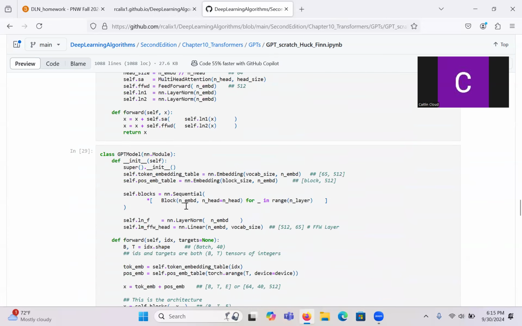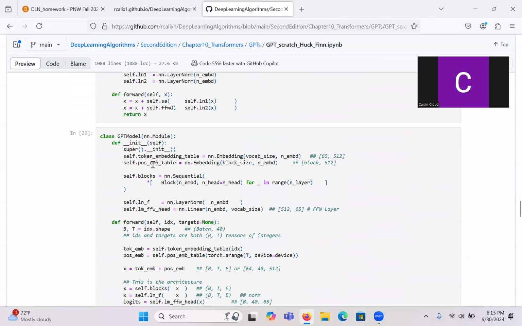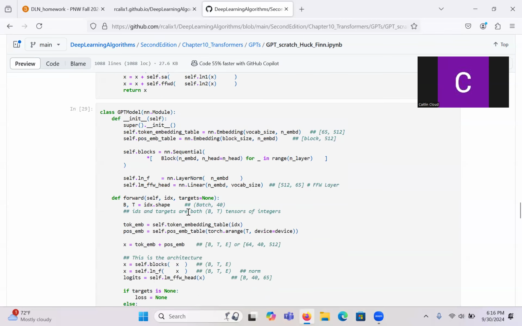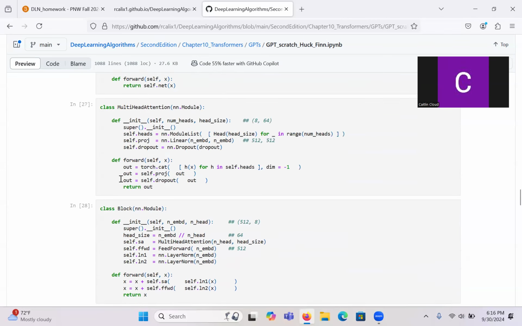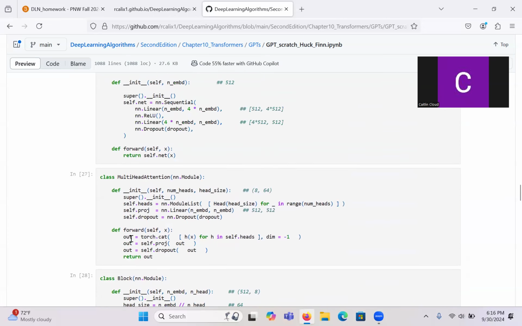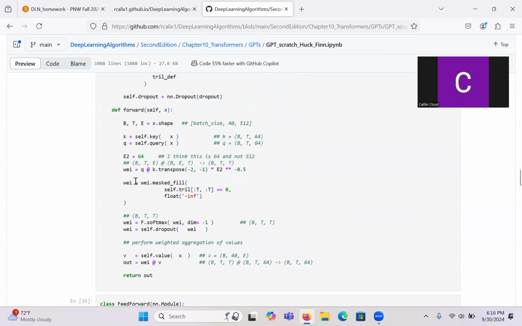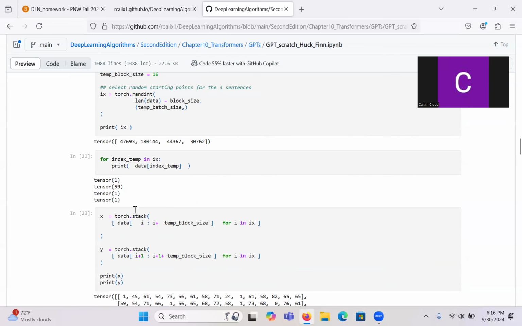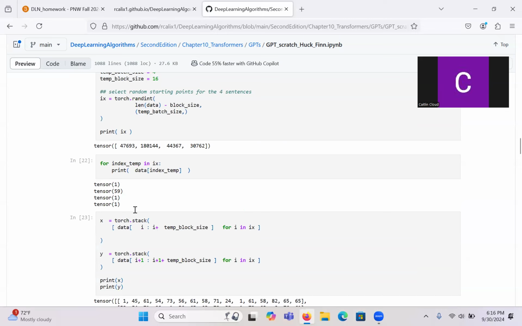The neural network itself is quite complex. This is the simple version of it, but what you're not seeing is that this little piece requires all these different classes: the multi-head attention, the block, the feed forward section, and the head, which is the attention head and the actual attention mechanism, and so on. It's very modular and object oriented. My goal is not for you to memorize these things, but to get a really good understanding of how they work inside.